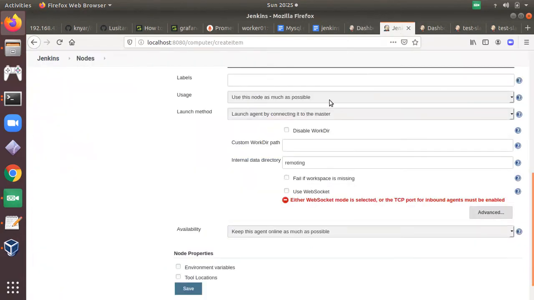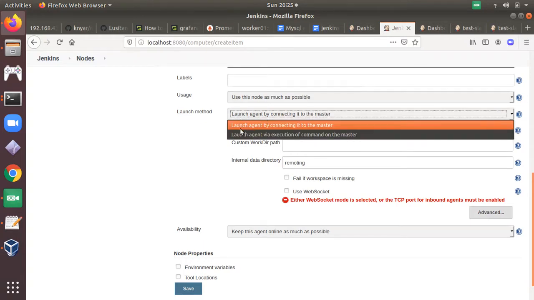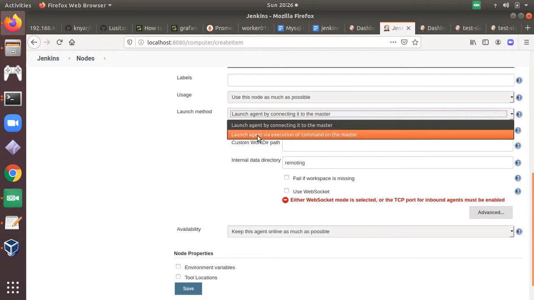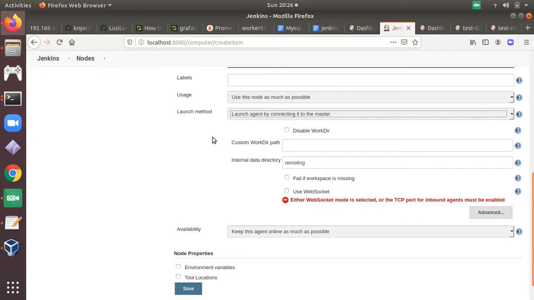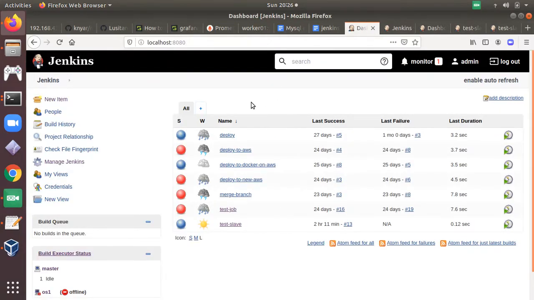By default when you create a node there are two options: launch agent by connecting it to master, and launch agent via execution of command on the master. But we are going to use SSH to connect our master node with slave nodes. So to do this we will install the SSH plugin.